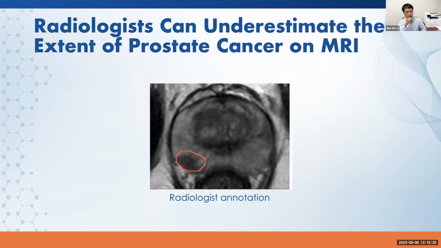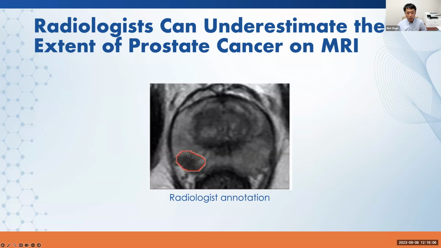Yeah, and for this project, we will first do radiology and histopathology image registration. So let me give you an idea why we want to do that. If we think about the MRI, what we do, we have an MRI scanning of the patient, and after that, we ask our radiologist to outline regions suspicious for prostate cancer. So this is an example. We have an MRI. We ask our expert radiologist to outline. So this is a radiologist outline of the cancer, but